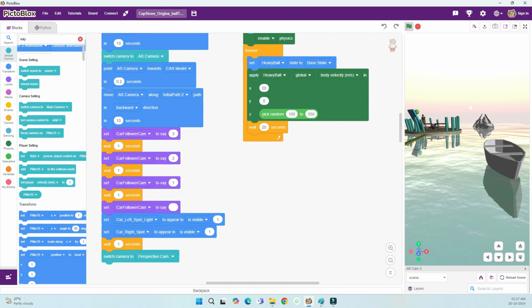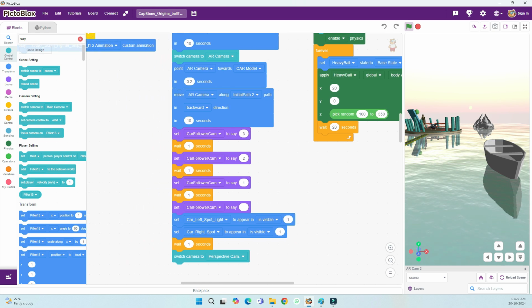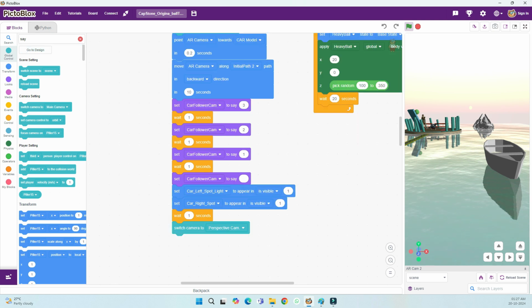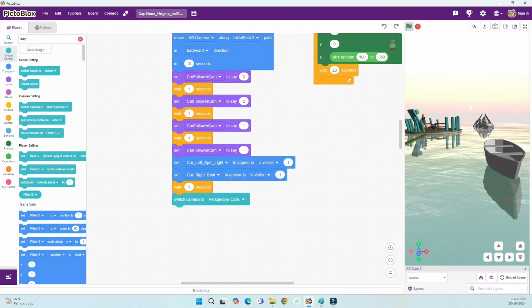Okay, not going further there. And this is the countdown you saw in the chat, the same message, and then it does the countdown, and finally it's disappearing, and then the two headlights of the car are glowing. So I want to show how I implemented the headlight. Before that, let me see if I have something else to show, because the switching is taking some time. So wait for 1 second, and then